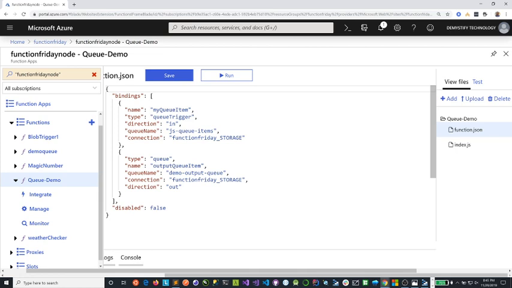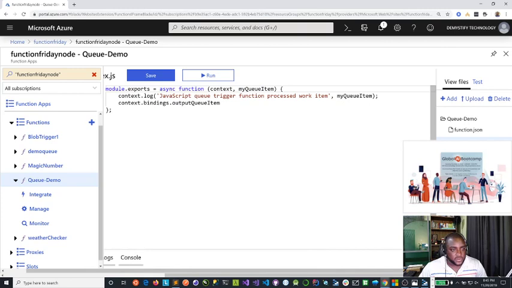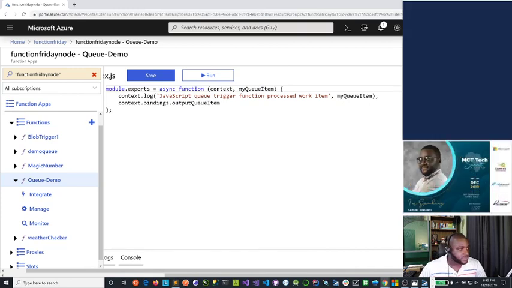All right. Output queue item is an output binding. So this is the name of the binding. So context.bindings and then the name. All right. So let's go to our index. That's it. So that's how we access it. So context.bindings and then the name of the output. All right. So right now, all we want to do is the value for this is, let's use